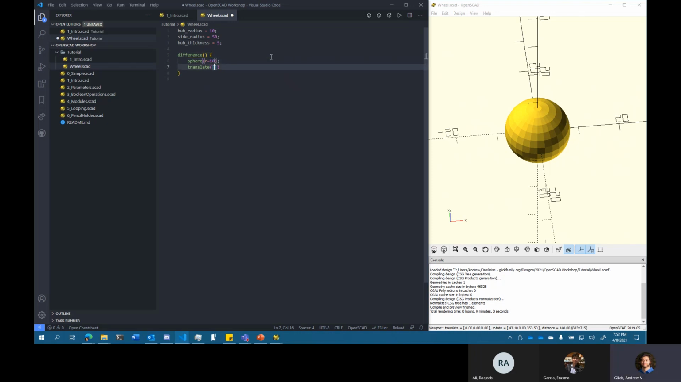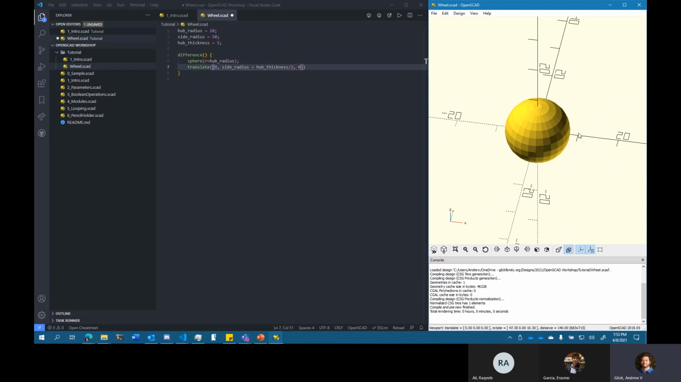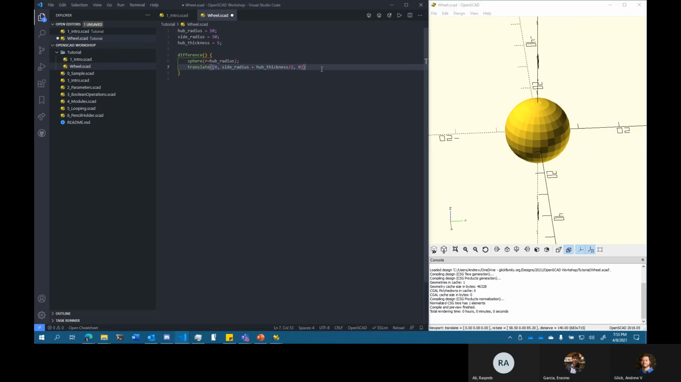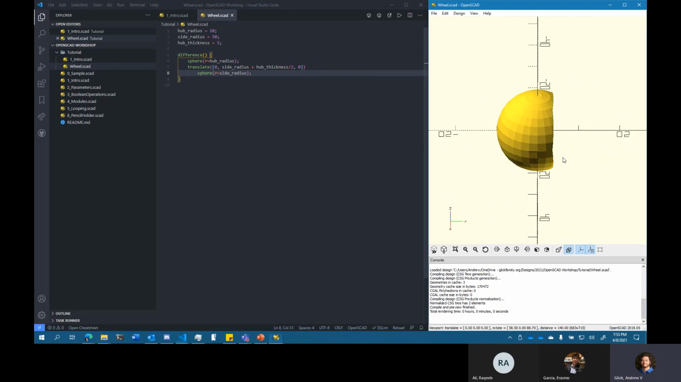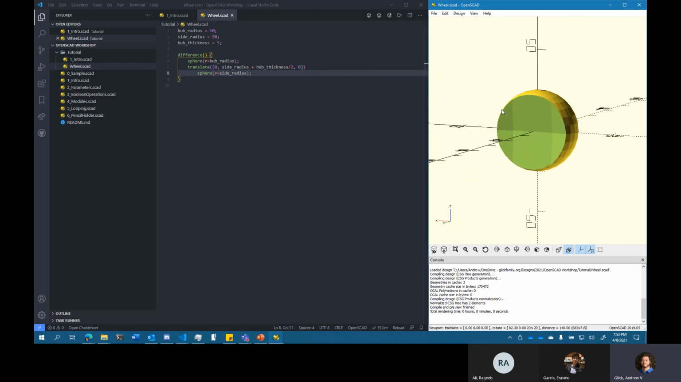So we should be using variables here. The radius of the sphere is the hub radius. Then we will translate over 0, then the side radius plus the thickness divided by 2, and 0. So that's just going to translate over on the y-axis. And then let's make another sphere with our equals. If I save that, then we can see, okay, we have a larger sphere, and then we've also cut out